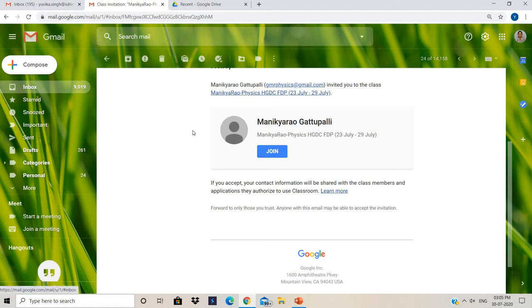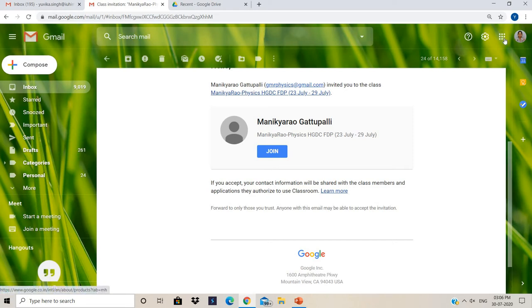Suppose one of my teachers has sent me a mail, and there is no code, or we say Google code, right here. We can see there is an icon of a join button. We can just click on this button and enter into our class directly, right? So no code is required here. This is the second method, as told in my tutorial part 1 also.